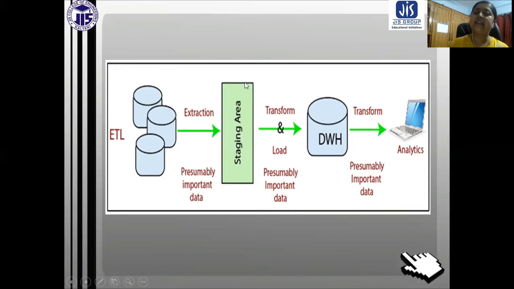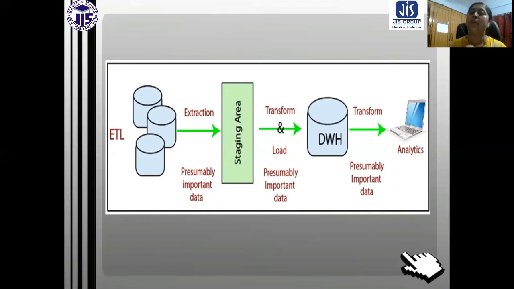Now on that staging area, what do we perform? Transform and load. That means the data is staged there. How it is staged, we are going to discuss in later slides. But the data is transformed into a presentable format, a predefined or executable format.